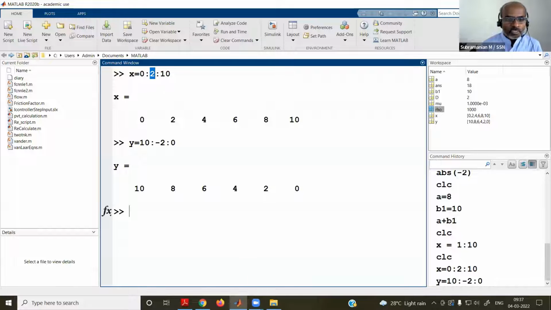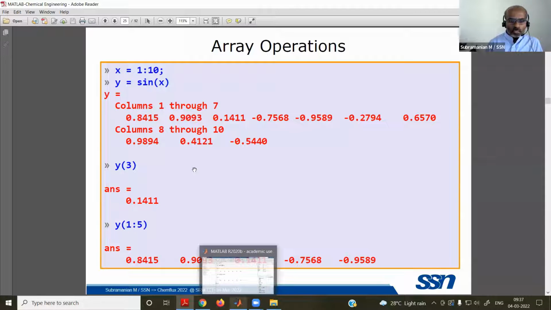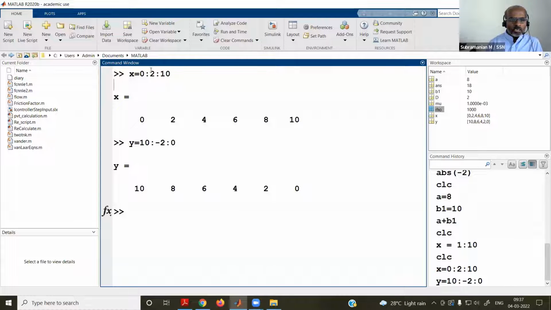If you don't specify the increment, it takes the linear increment of 1. So 1 to 10, starting and ending, is enough if you want a linear increment of 1. Otherwise, you need to specify the increment by introducing one more colon, and the middle one says the increment or decrement, whatever.